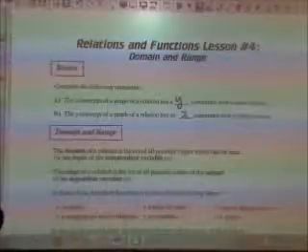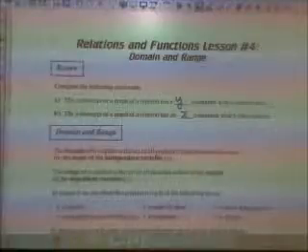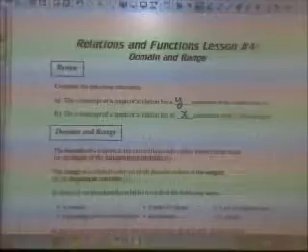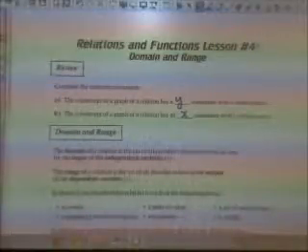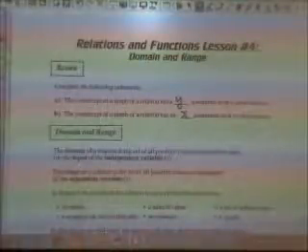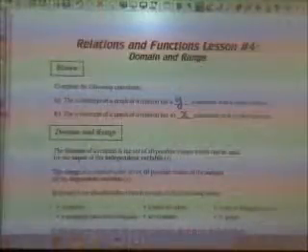And domain refers to the x part of the graph. So the domain is all the possible x values that would make that graph able to be drawn. And the range would be all the possible y values that would allow the graph to be drawn, or that would work in the mapping notation, or that would work in the equation, that would work in the table of values. So the domain of a relation is the set of all possible values that can be used for the input of the independent variable, where the range is the set of all possible values of the output of the